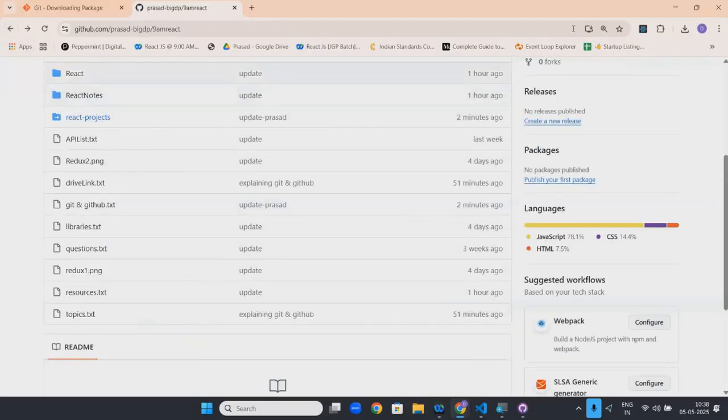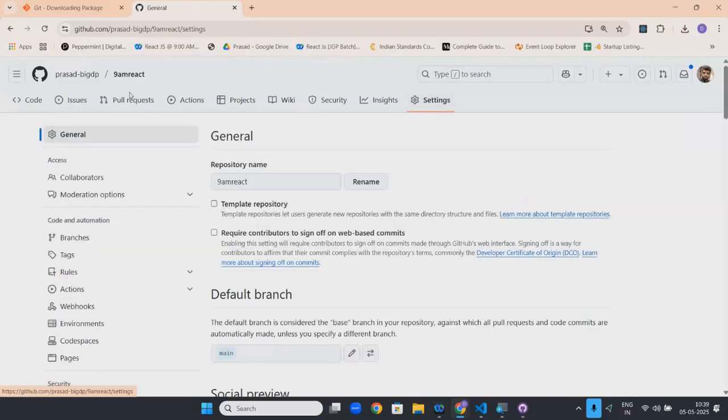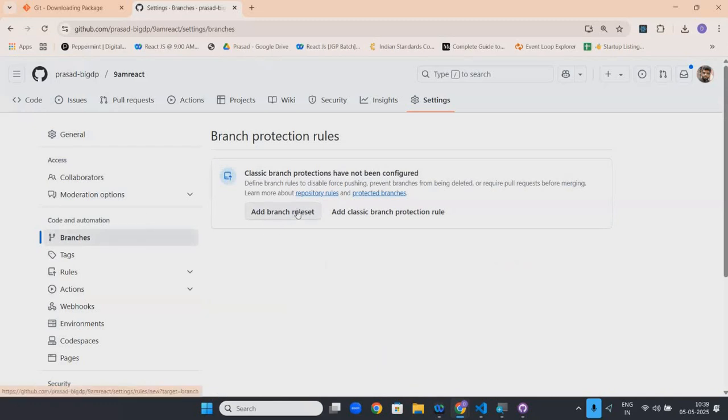There are multiple branches. How to go from one branch to another branch? How to delete a branch, or how to merge two or three branches? How to keep it secure, so only one person can upload to another person's branch? These kinds of things you need to do in settings. I highly recommend everyone to explore more. These are the basics. You have something called collaborators. You can check each branch. You can set some rules, like someone is okay to upload, someone is not okay to upload.